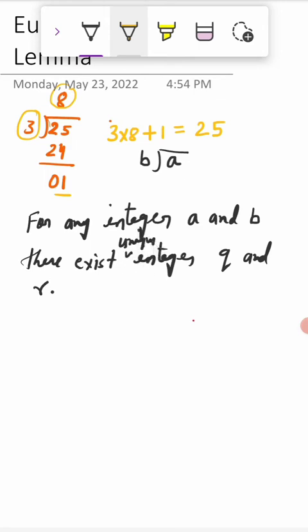Unique means whenever you divide the number, as per the example we have taken 3, suppose we read the table 7 times, it means 3 7s are 21, then our remainder will be more than 3. So unique means that whenever any person divides this, the number of times they read the table will be fixed for every person, and your remainder is always fixed when you divide the same number by 3. It will not vary as per the person. So there exist unique integers q and r such that